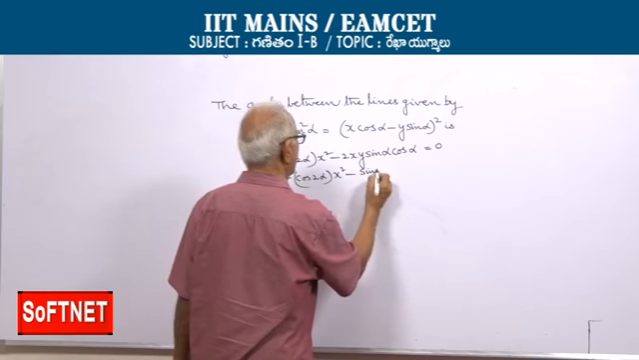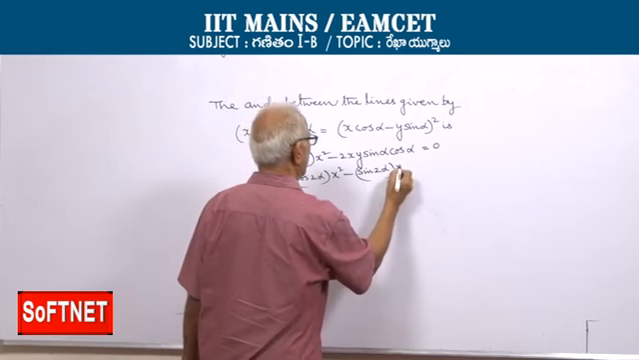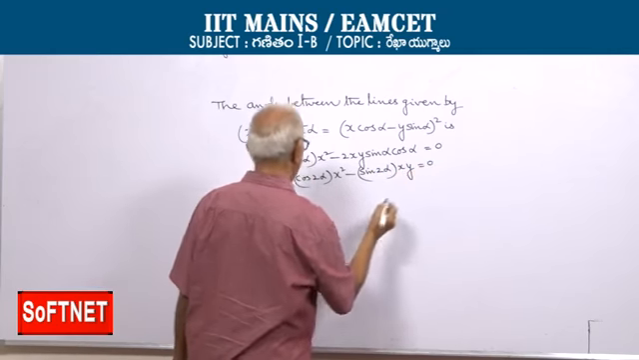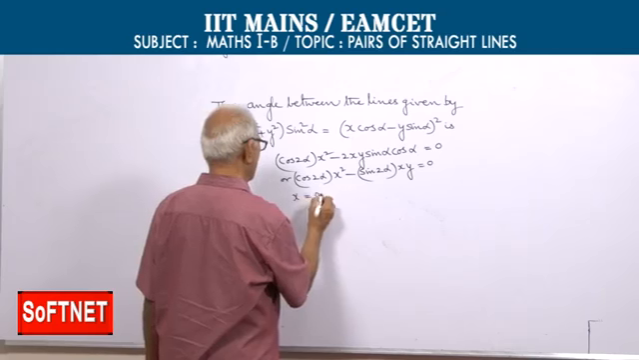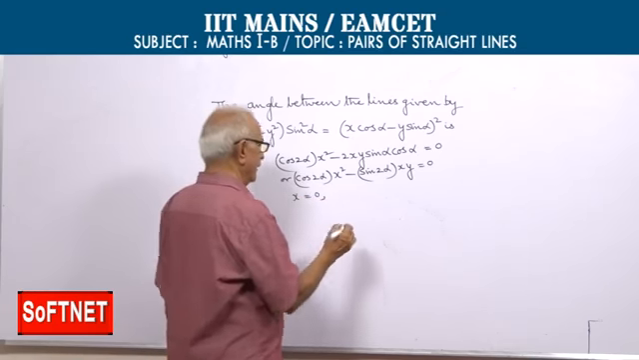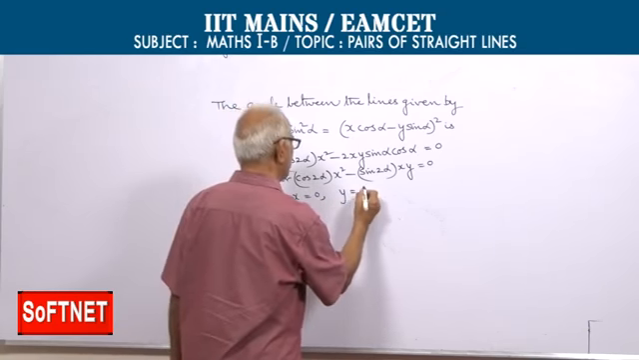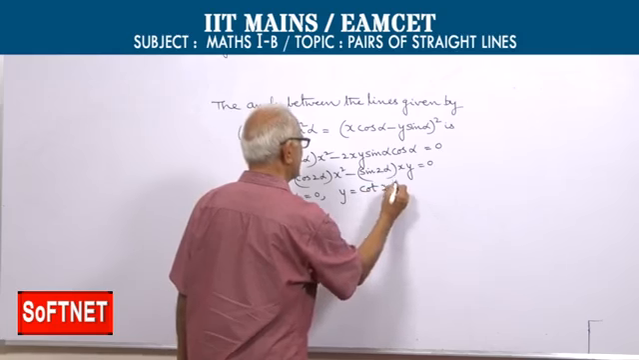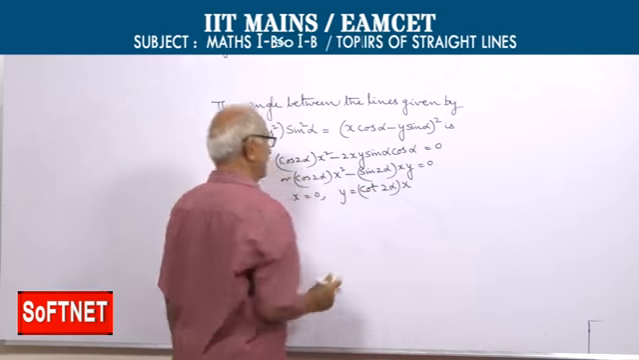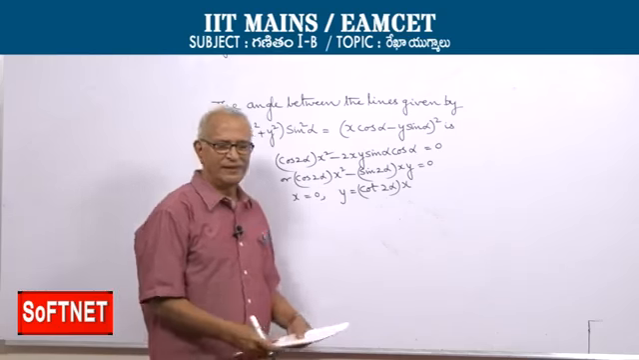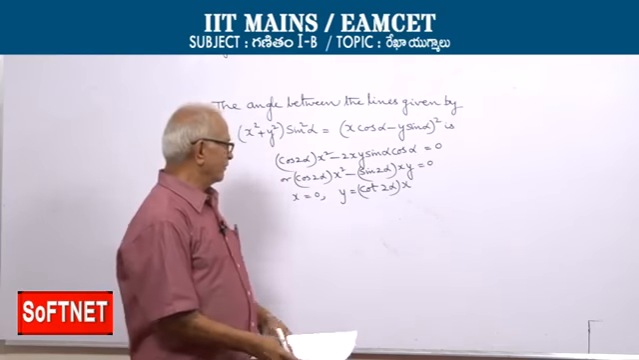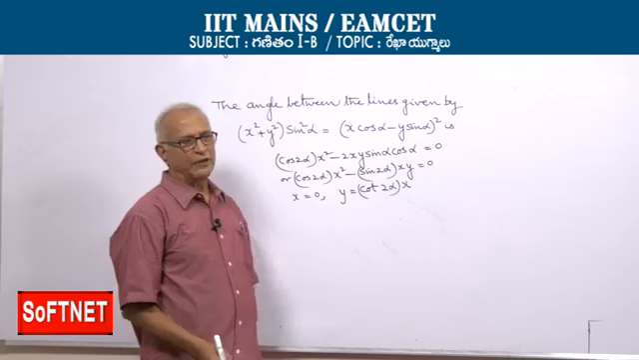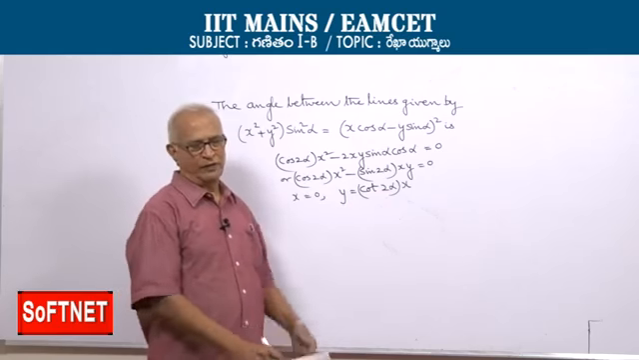minus sin 2 alpha into xy. So one line is x equal to 0, the other line is y equal to cot 2 alpha into x. Y equal to cot 2 alpha into x, that is, its slope is cot 2 alpha,